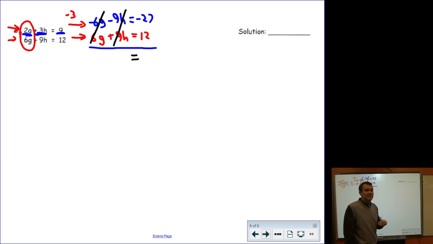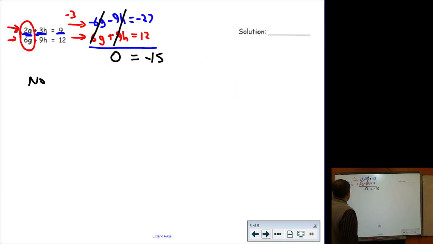So on the left side of the equal sign, the whole thing just equals 0. Normally I don't put the 0 in, but since there's nothing left there, I do need to fill in the 0. I can't just leave it blank. And on the right side I have negative 15. So this brings me to an issue. I can't solve for a variable because there's no variable left in the problem. This tells me one of two things. It either tells me that there is no solution because the variable's canceled out,